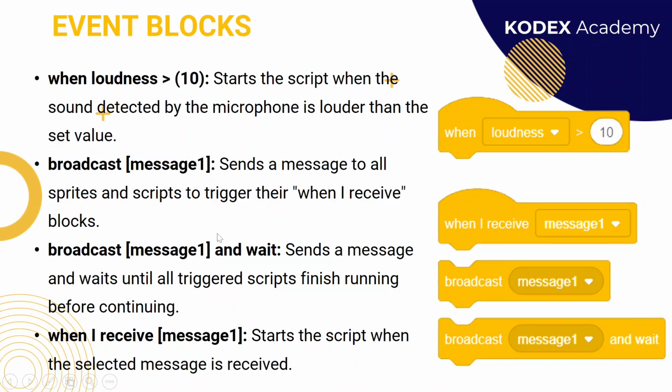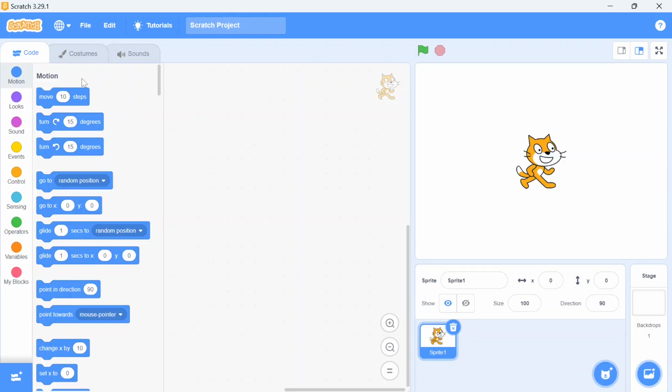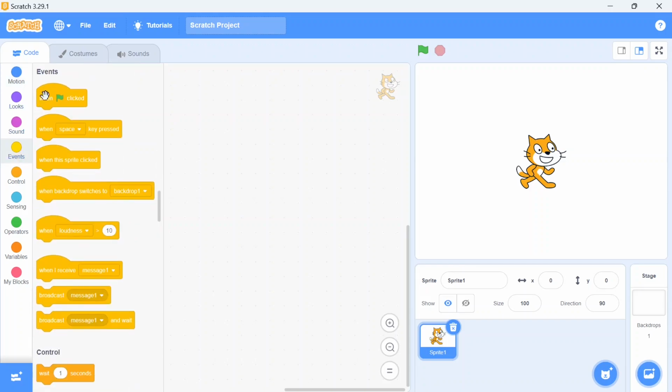Now we'll see how this event block will work on Scratch. So here we go. When we open Scratch, we know this kind of screen we always see. Here the event block palette is available, and we just need to click over here and you will see all the event command blocks open. The first one is the when flag clicked block. Everyone is aware of this block. It's a very common block whenever we want to design any kind of animation or write any kind of script. This is the first block we use to trigger our script to start.